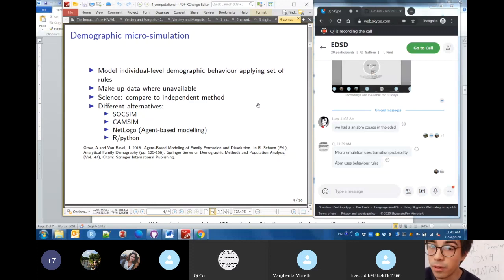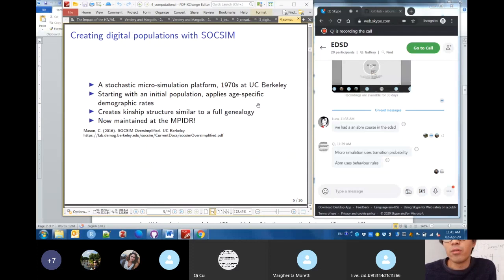You probably use NetLogo for agent-based modeling. In many cases, you can also do these kinds of things. You could implement them in practice in R or Python if you have the patience. But maybe it's not the most efficient way of doing it, since this has a long tradition, and there are already implementations. So I would like to speak briefly about SOCSIM,